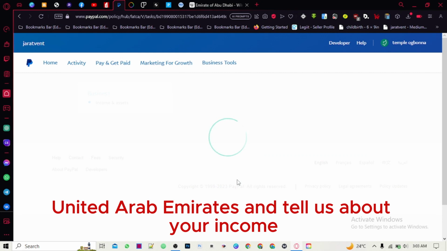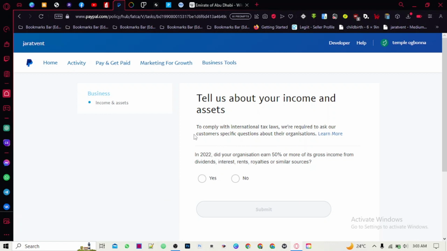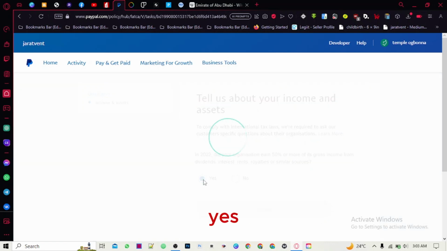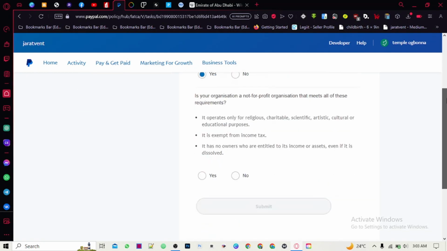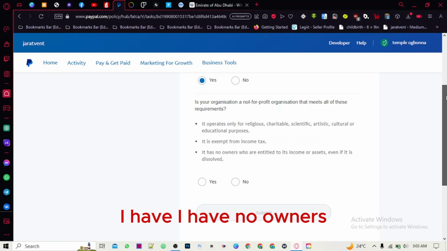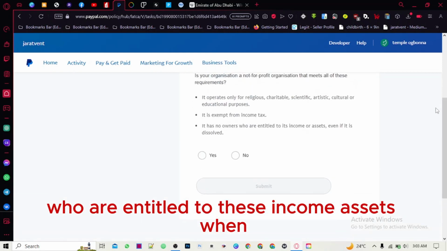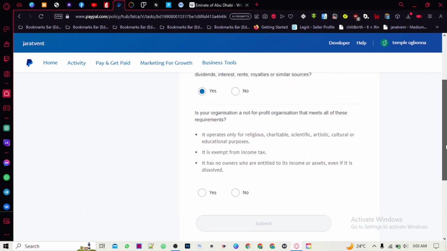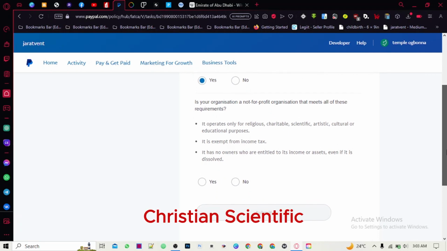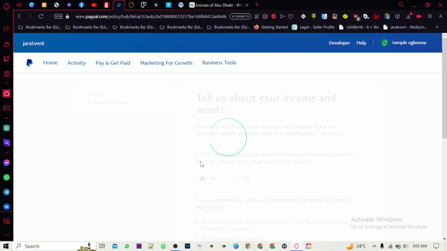United Arab Emirates, and tell us about your income. It's complete in 2023. Yes, I have no owners who are entitled to its income or assets. Okay, you can just choose yes here,